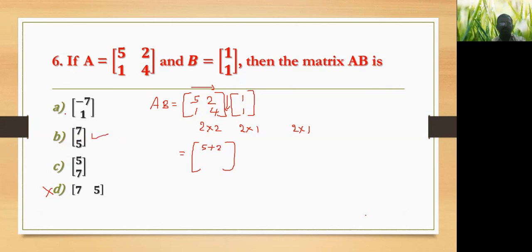So no need to work out A and C. It is only 2 cross 1, it is easy. Otherwise, 2 cross 2 means 4 elements you have to find out. That is not necessary. Any one element you can take and work out, you get the answer. This is the shortcut and it takes little time compared to the other type. So now let us move to the next question.